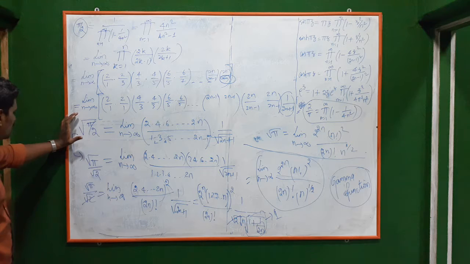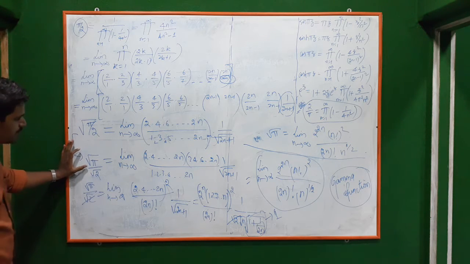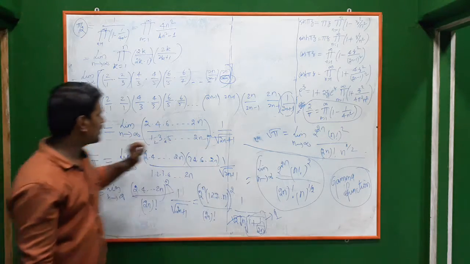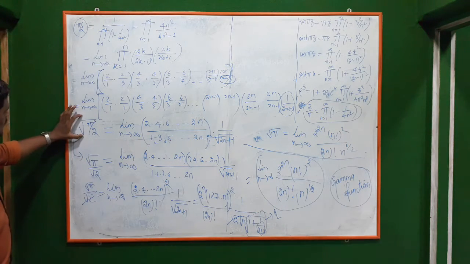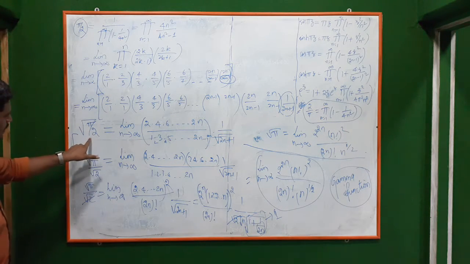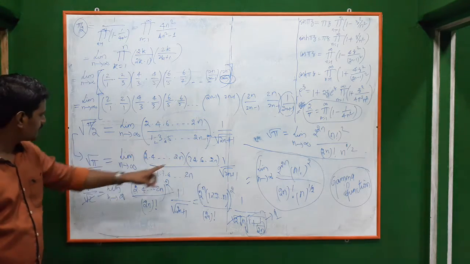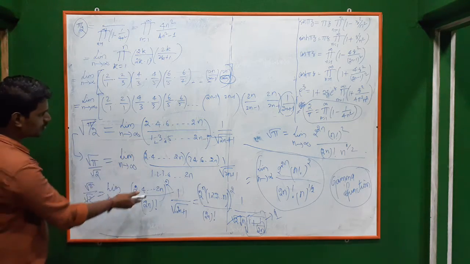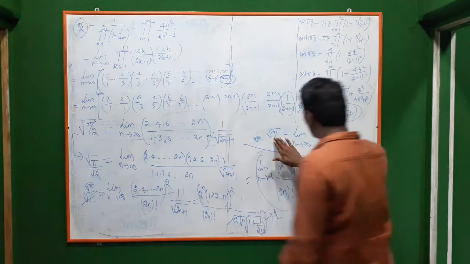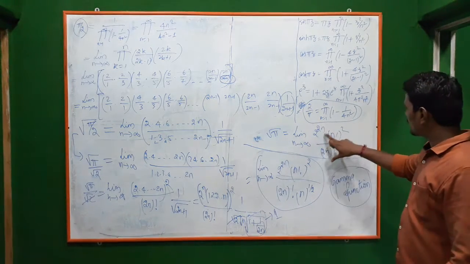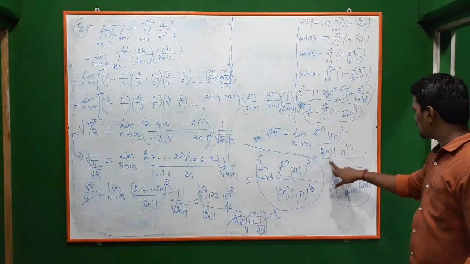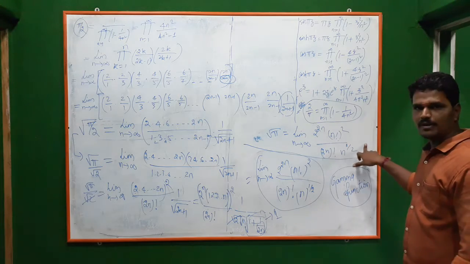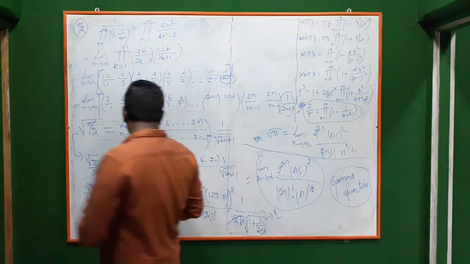Second, the next problem is, we have to find square root of pi. Okay, we have to find square root of pi. So what we do? Square root of pi by square root of 2. So square root of 2 should be cancelled in the right hand side, and you simplify it more. So we have to prove that root of pi is this thing: 2 power 2n n factorial the whole square, 2n factorial n power 1 by 2. Okay. So here what we can do?